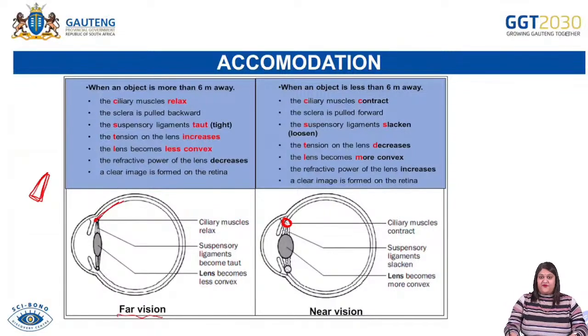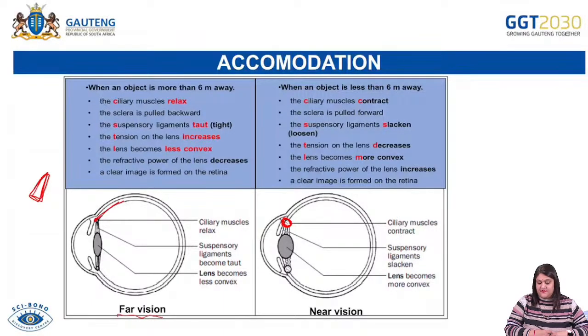Now let's go through a few things where learners go wrong. They don't say the ligaments become taut or they slacken or they loosen. They use words like contract and relax. You cannot use those words for ligaments, grade 12, because ligaments do not contract and they do not relax. And then learners also want to say that it becomes convex or does not become convex. We cannot say that. We have to say it becomes less or more convex,